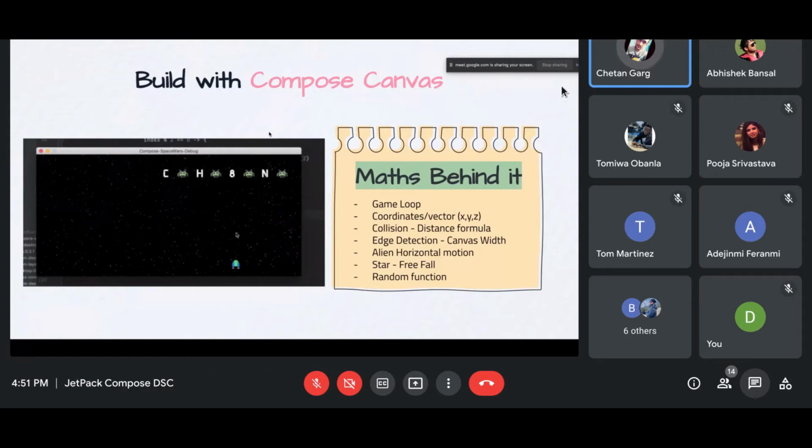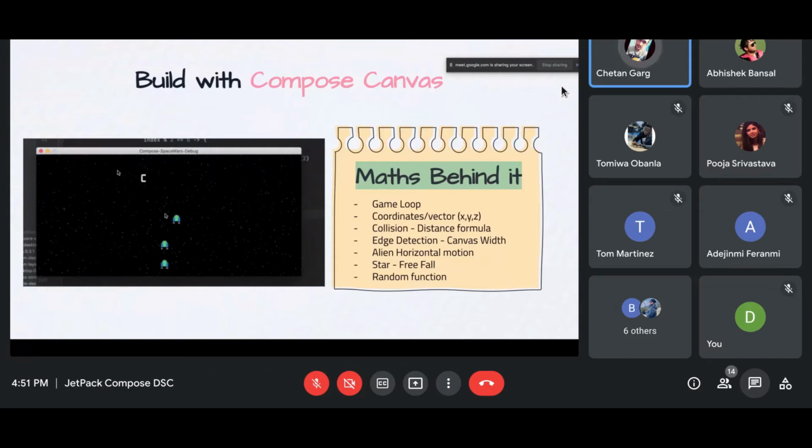When I say this value is negative, then it will go in the opposite direction, the negative x direction. Like I've told you, negative y will go upward because downward is positive y. The origin starts from here, so this side is positive y, and this side is positive x. When your velocity is in positive direction, the variable will go this side, and when it is in negative direction, it will go this side.